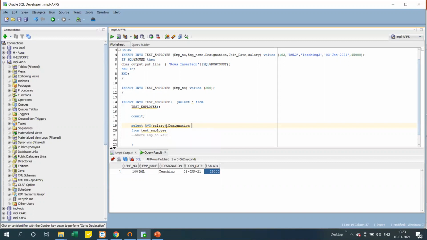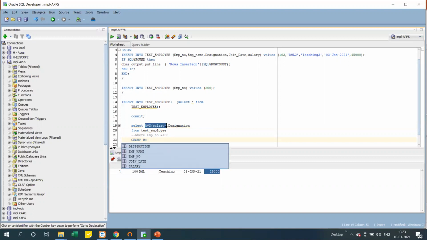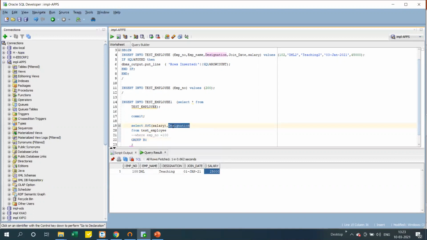In this scenario, it should group by and show software engineer with its average salary, and senior software engineer with its average salary. So in that scenario we use group by. Group by is basically grouping by the designation. So whatever is there next to the aggregate function, just use that in the group by. So: select average of salary, designation from test employee group by designation.